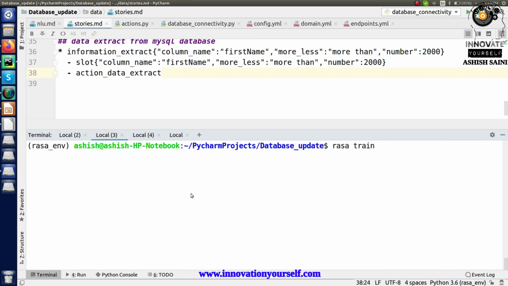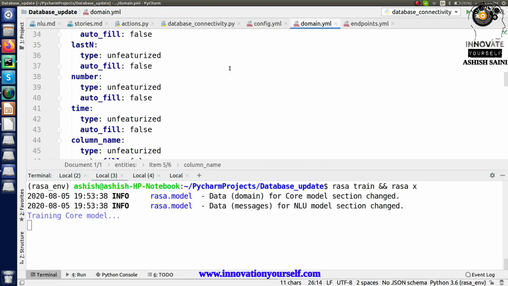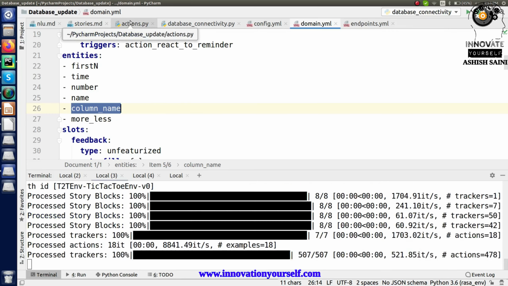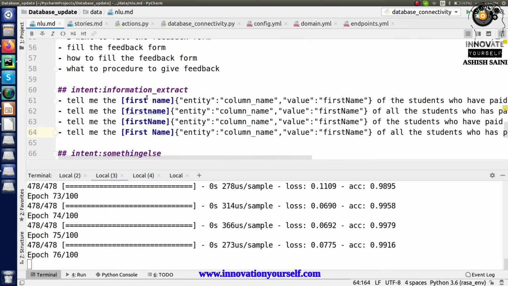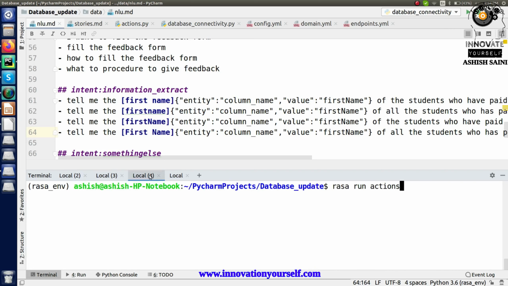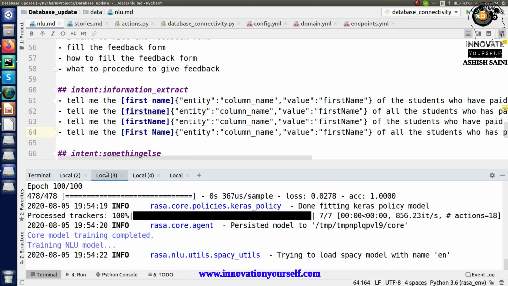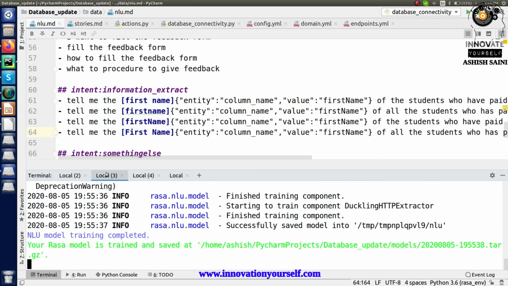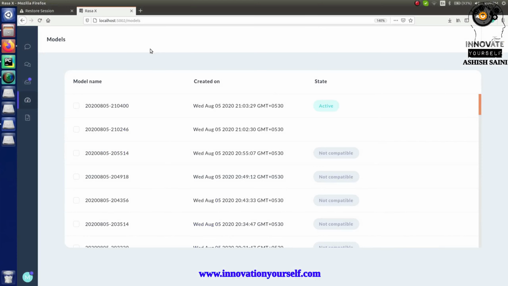And also let's run Rasa X as well. So you can see now the model is trained and your Rasa X is running, and also your model is active, whichever you have trained just now.